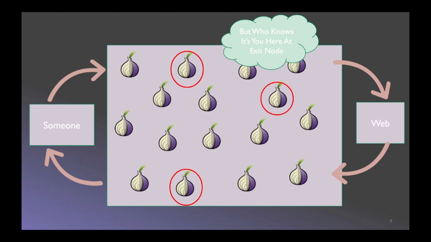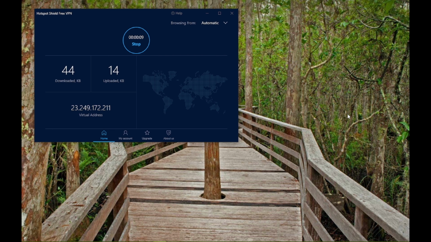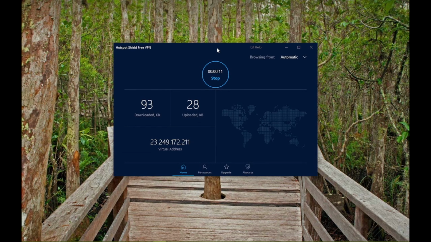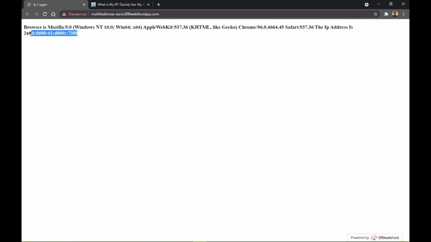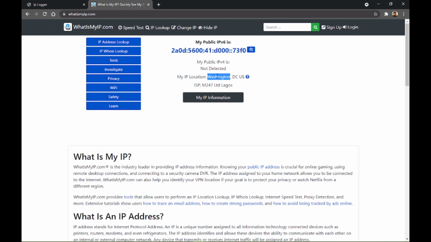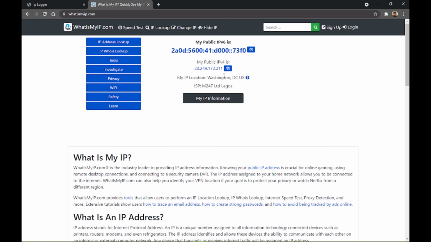But if you really want to use the Tor network, then I would suggest a better way to use the Tor browser, and you will see that in a moment. Let me tell you the way that I would suggest you open Tor. First, you have to get a VPN, any VPN you would like to use. First, connect to that VPN, and you can see that it is giving me an IP address. My IP address is being changed on the Chrome by using the VPN, and you can see that I am in Washington DC. Oh my god, so that means your IP address is being changed here.